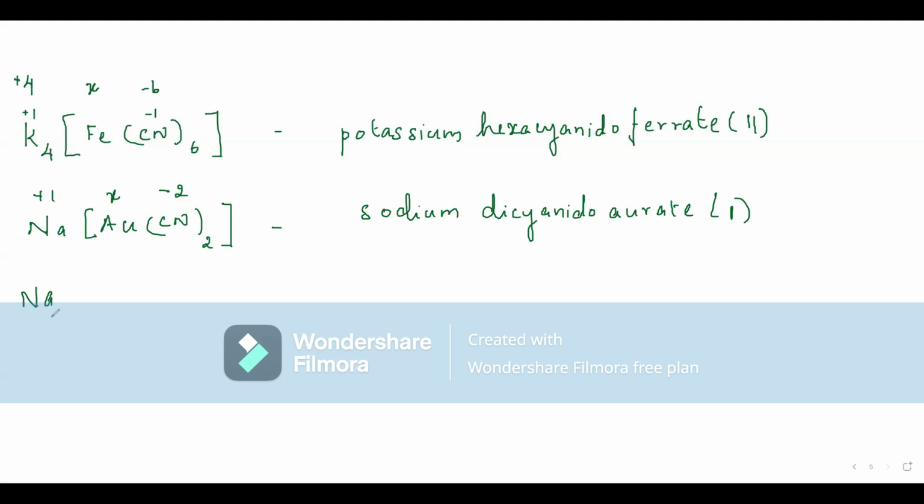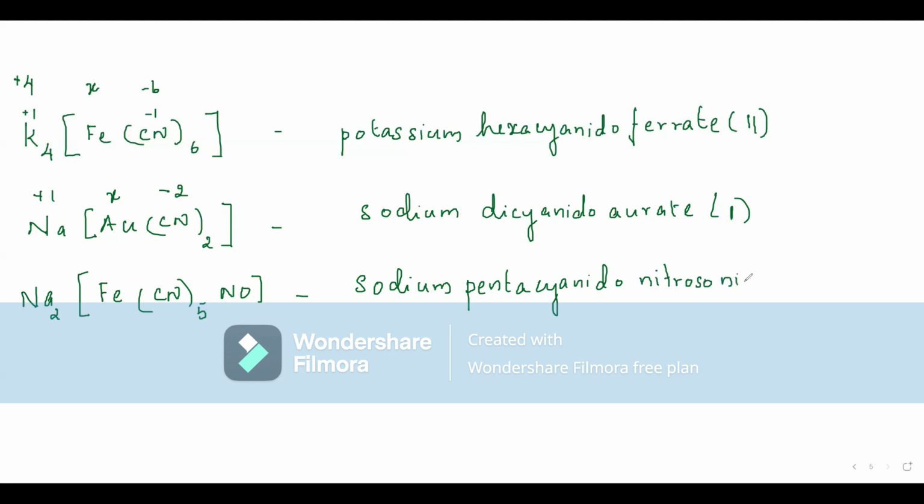Na2 Fe CN 5 NO. Sodium. Now, cyanido and nitrosonium is there. In alphabetic order, cyanido comes first. Penta for CN 5 times. Okay, penta, cyanido, nitrosonium, ferrate,